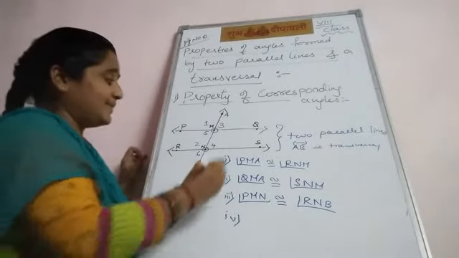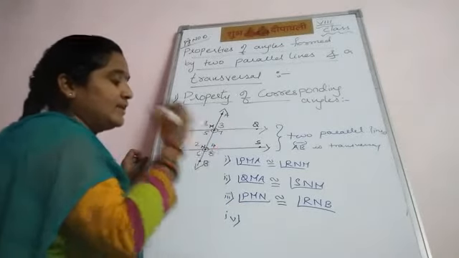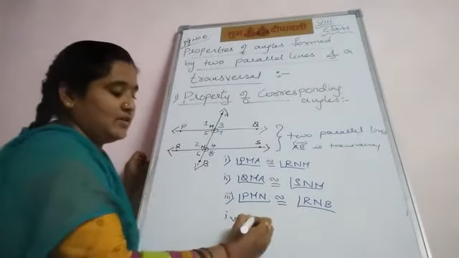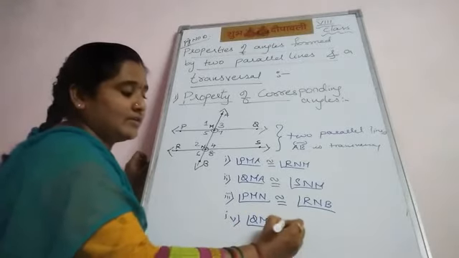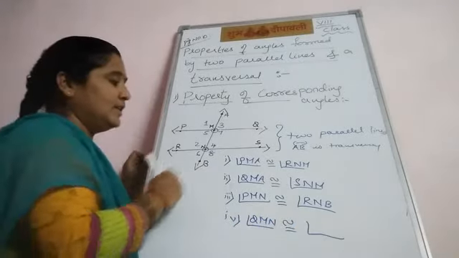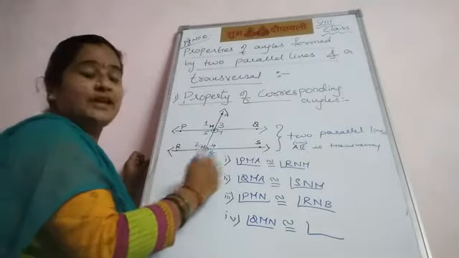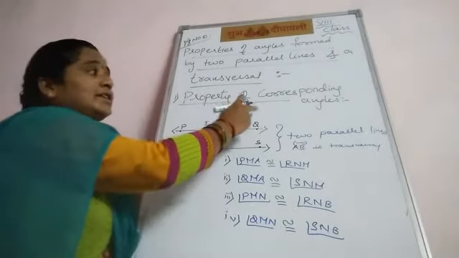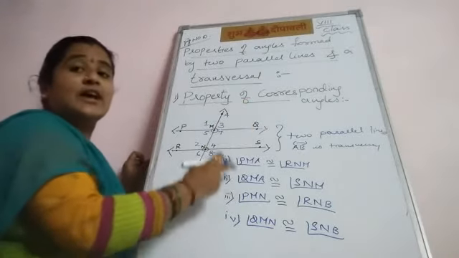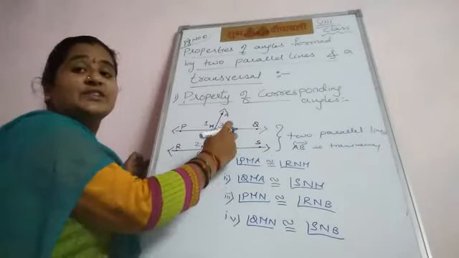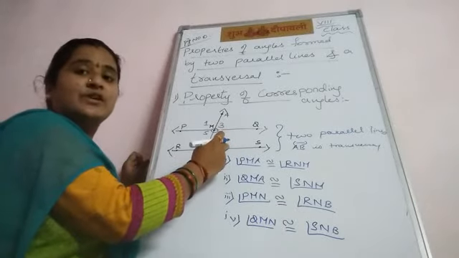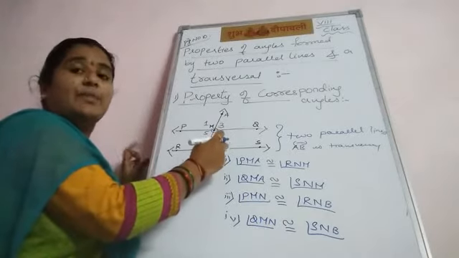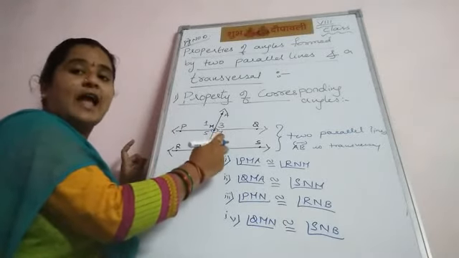Last pair, fourth pair. Angle 7 and angle 8. Angle QMN is congruent to angle SNB. These are the four pairs of the corresponding angles and these angles are congruent. The reason here is that we are using parallel lines. In the previous video, in the first exercise, the lines are non-parallel. So there we wrote a pair using the symbol and.